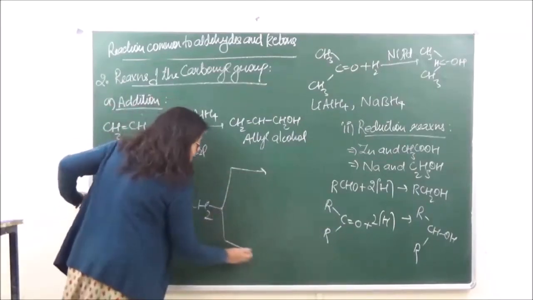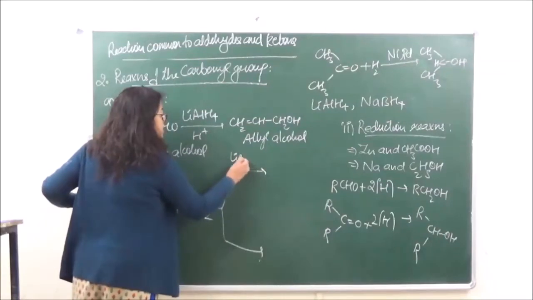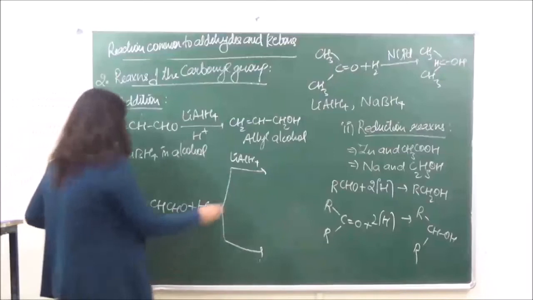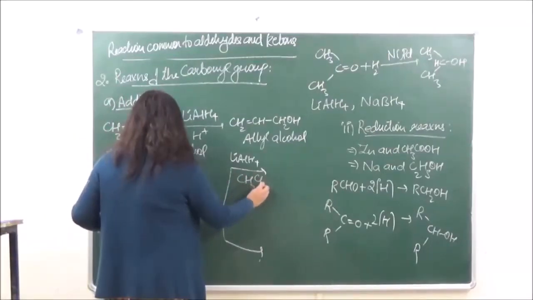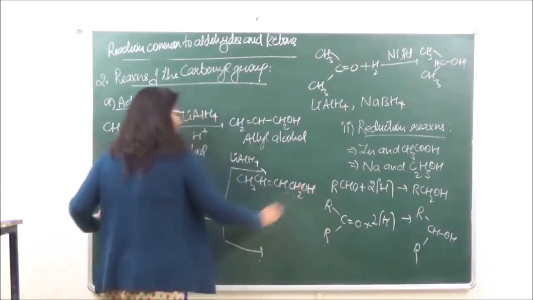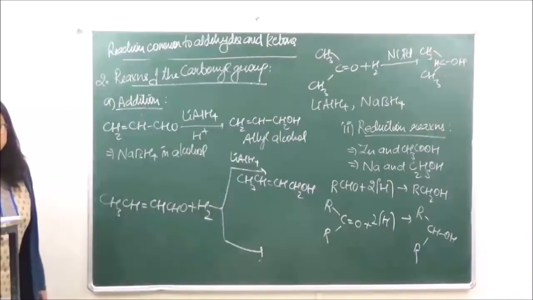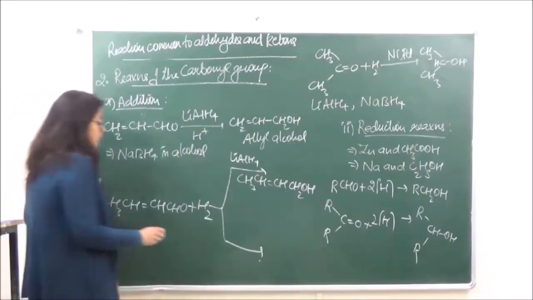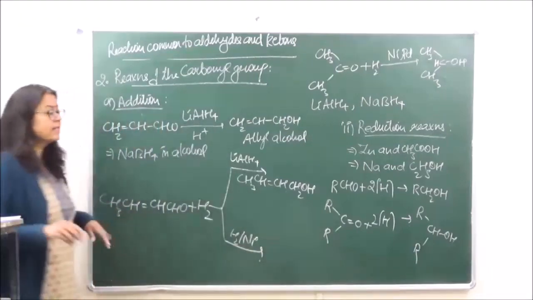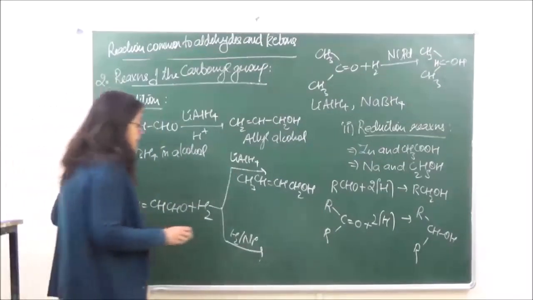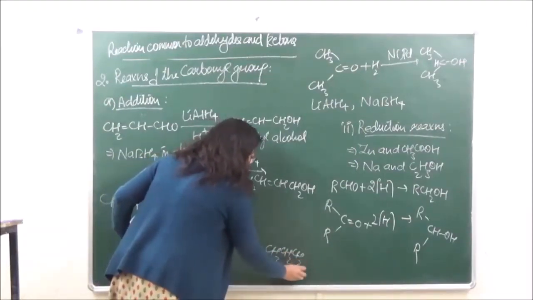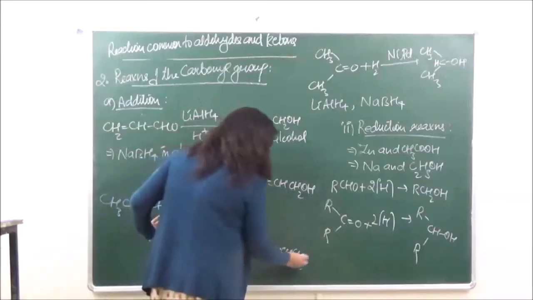If we are using the reducing agent as lithium aluminium hydride, the product which we will get is CH3CH double bond CHCH2OH. The double bond is not going to change. But if we are using over here hydrogen in presence of nickel, catalytic hydrogenation if we are doing, then the double bond over here, that is going to be abolished, such that we get a normal butanol.